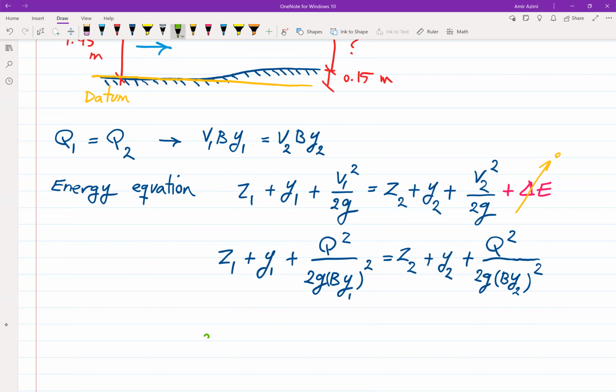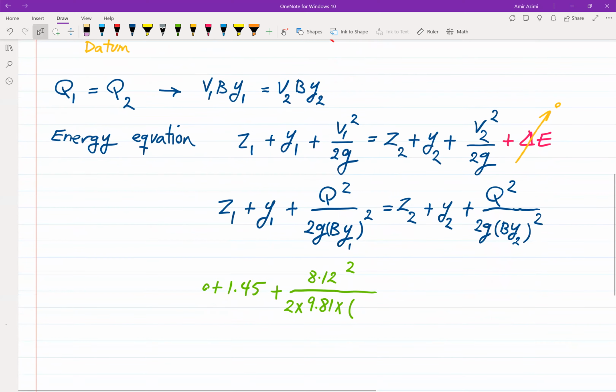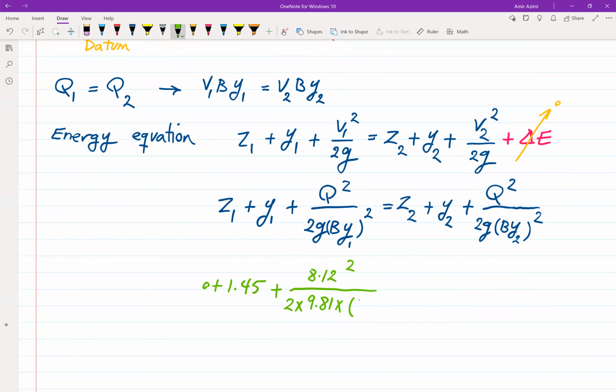So 0 plus 1.45 plus 8.12 square divided by 2 times 9.81 times 3.5 times 1.45 square